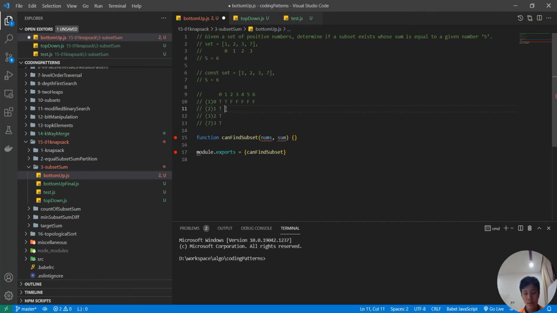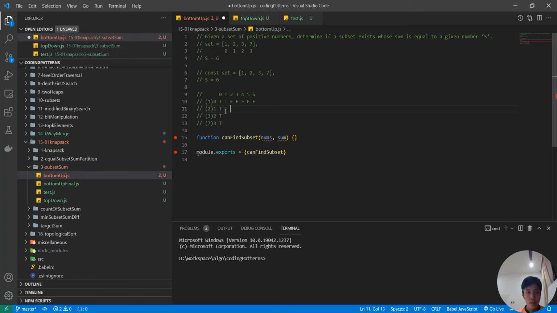We have two choices, and in this case, the first choice is skip 2, then the answer is true. So we don't need to care about the other choice, right? We just conclude that it's true here